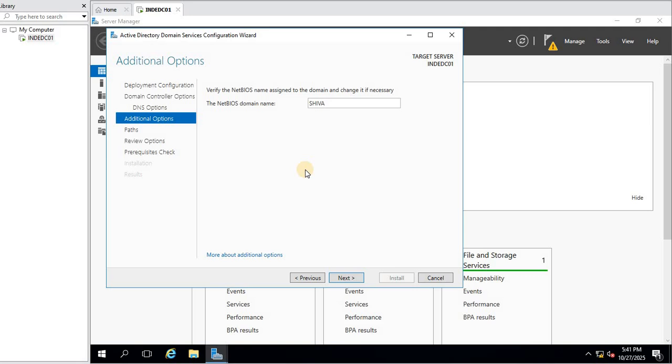No, sir. Can you please explain what is DSRM password? So DSRM is Directory Service Restore Mode password. Directory Service Restore Mode. It is required whenever you are performing any